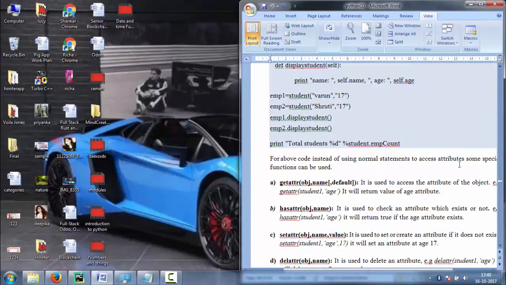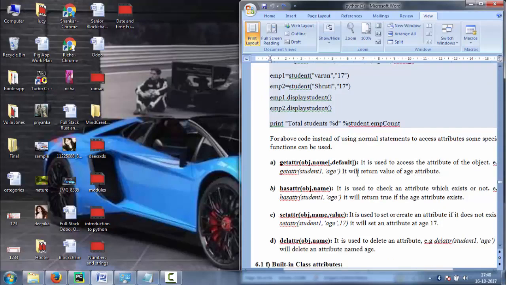Now I will explain some special functions. We can also use some special functions to get the attributes of a class, like getattr, hasattr, setattr, delattr. getattr is used to get the value of an attribute from a class. hasattr is used to check whether the attribute exists or not.